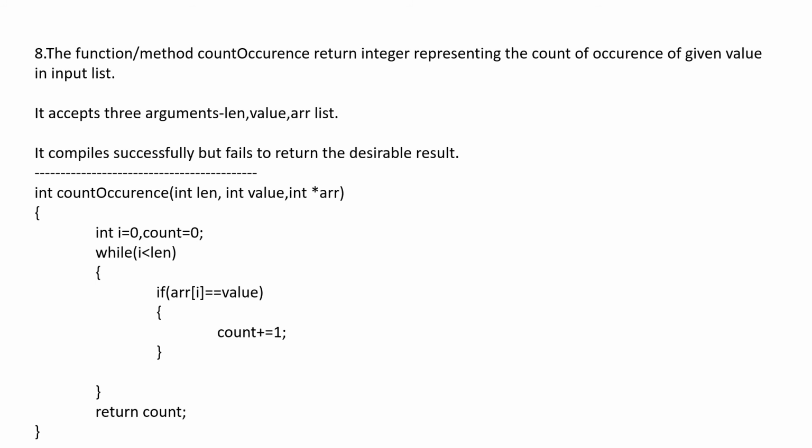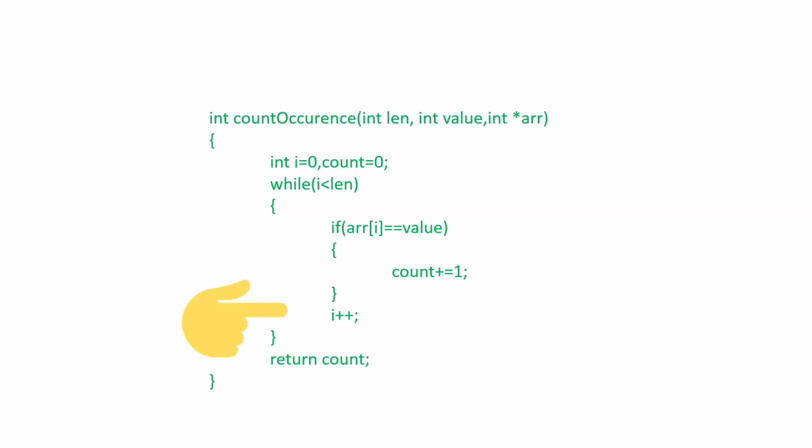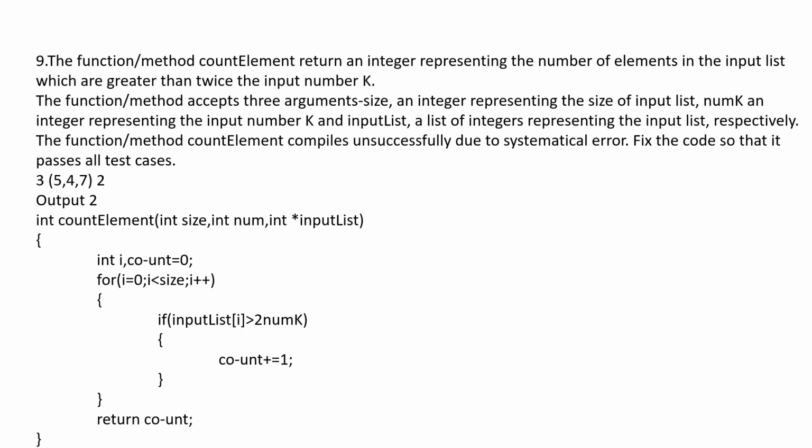Moving on to the next question, here is a function given, count occurrences function. It returns the integer representing the count of occurrences of a given value in the input array. We are running the loop from 0 index to the index 1 less than the size of the array, but here there is a very small mistake in the code. We are running the loop, it's fine, but there is no increment. We are not seeing any increment here. So the only mistake is i plus plus. For the given while loop, we need to update the value of i. So a single statement i plus plus, the updation statement, is added. Now it looks perfect.